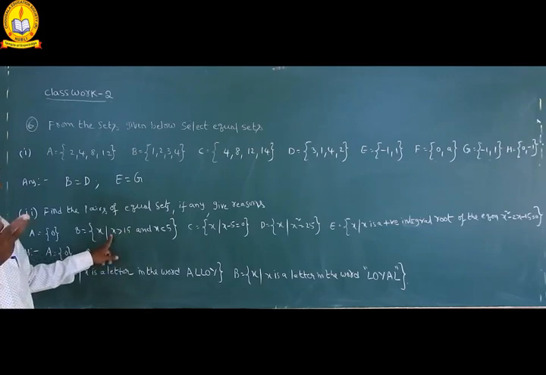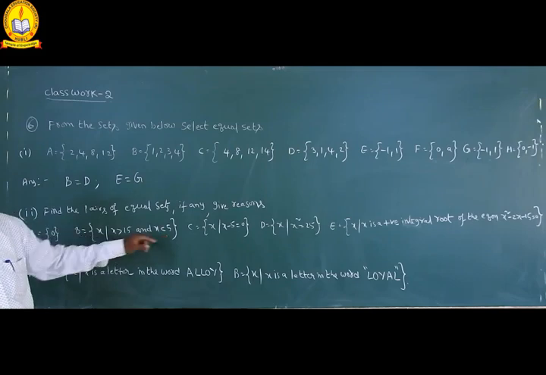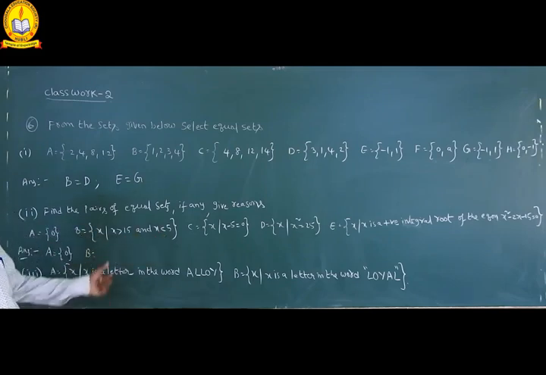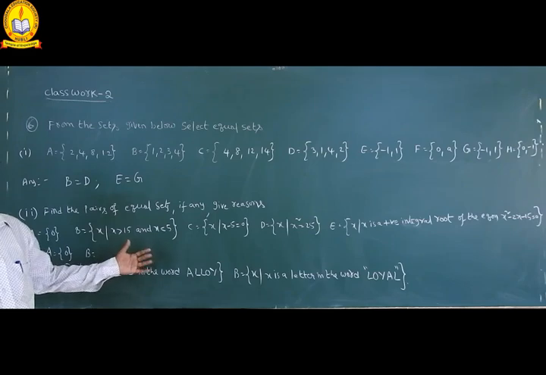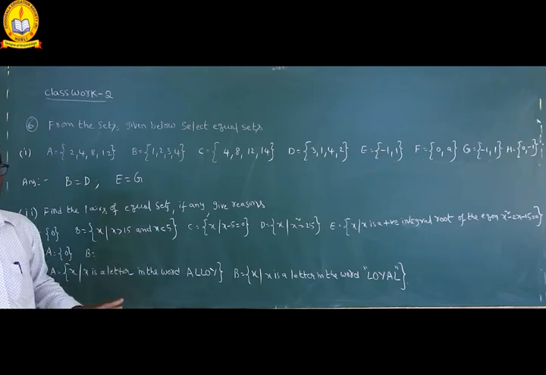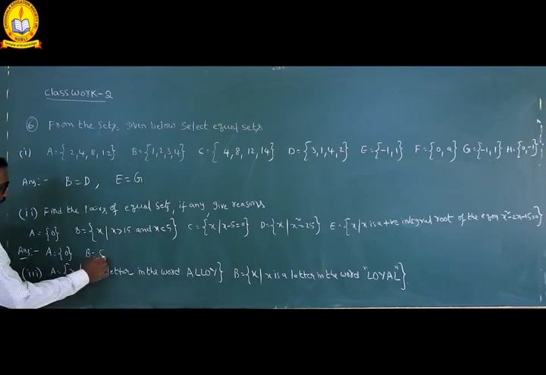Suppose x is equal to 17. Is 17 less than 5? No. So there is no x value satisfying these two inequalities. There is no common x value satisfying both inequalities. That's why it is an empty set. The empty set is denoted by phi or empty braces. We can write it as phi.